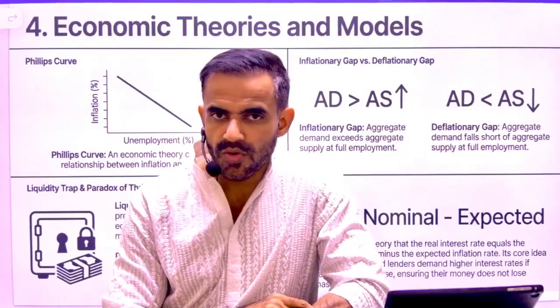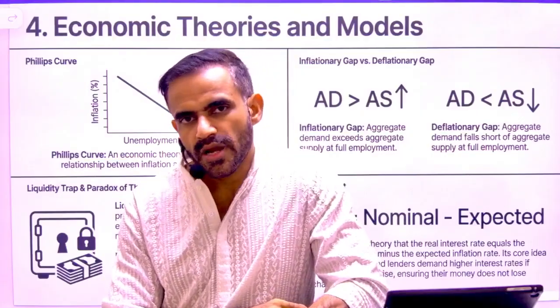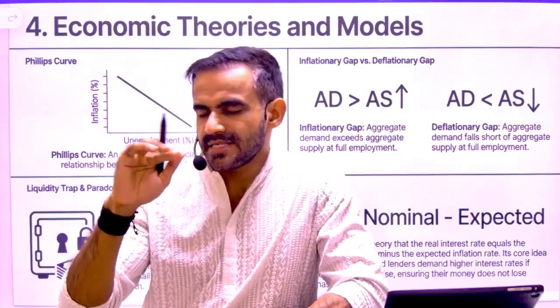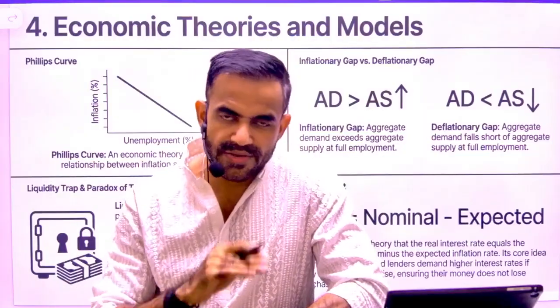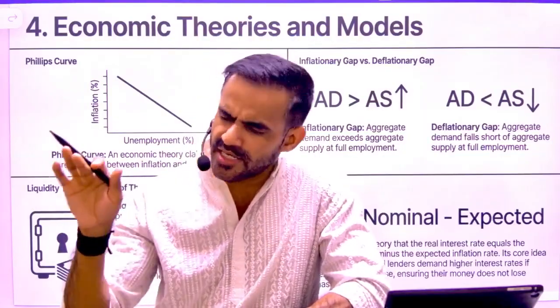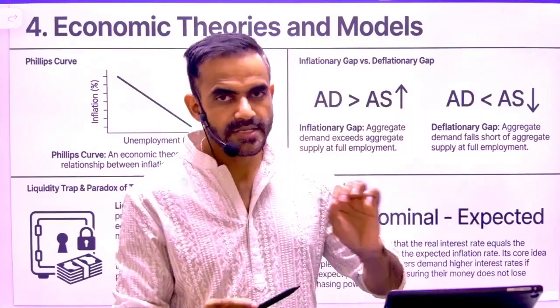Companies will produce more. If they will produce more, they will hire more and more people. If they will hire more and more people, employment will increase, and unemployment, that means joblessness, will go down. Whenever I am saying employment opportunities will increase, by default unemployment will go down. So can I simply say, just understand it this way.